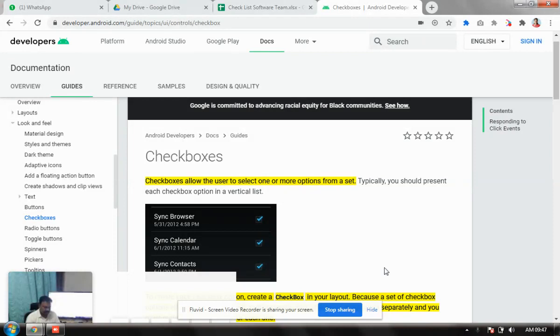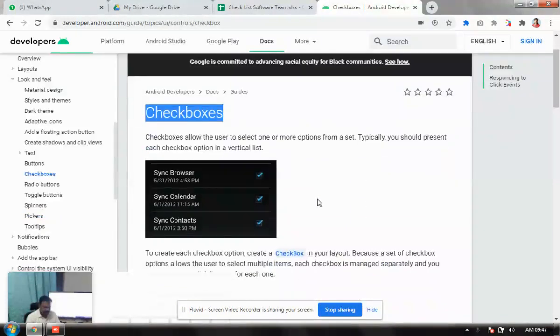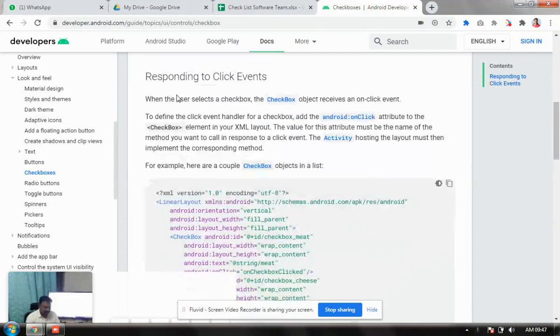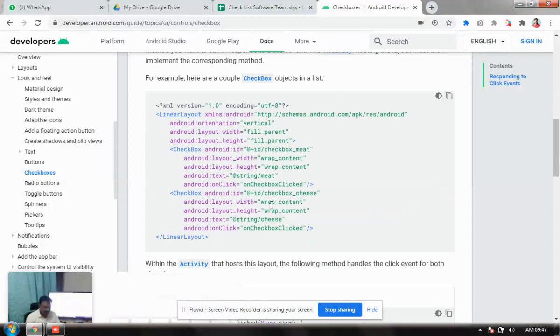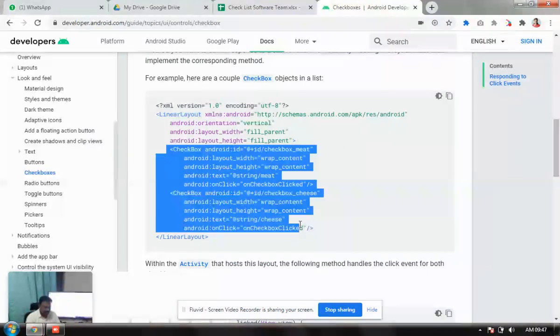So today we'll be understanding what checkboxes are. Checkboxes are very simple. They allow you to select multiple choices. I can choose all three, or I can choose any one of them. That is done using checkboxes. Second important thing, with checkboxes we can have a checkbox event itself, or you can check on the button itself, which is mostly on click. So these are the two checkboxes created.